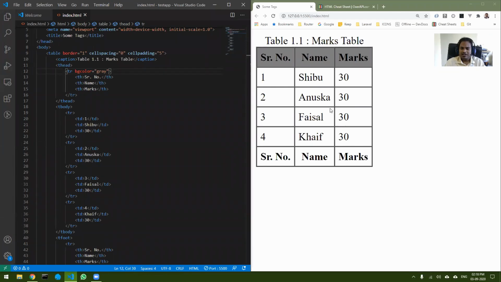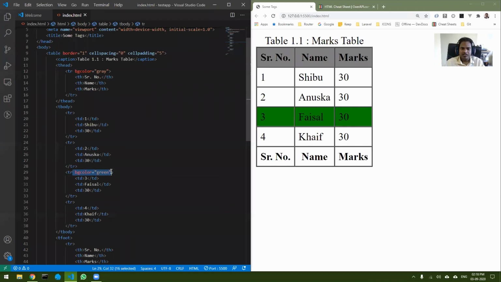Now let's suppose I want to highlight Faisal. I want to highlight Faisal in green. So what should I do? If I come to this tr and do bgcolor, what will happen? It will highlight the entire row, right? But I don't want that.